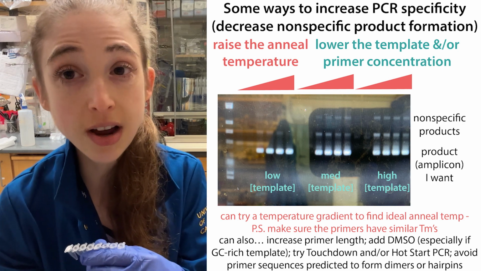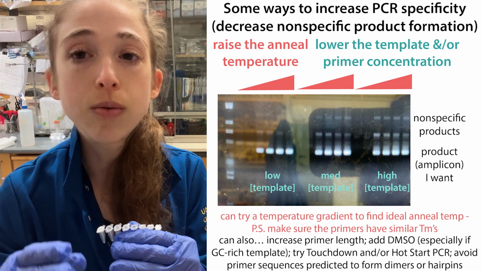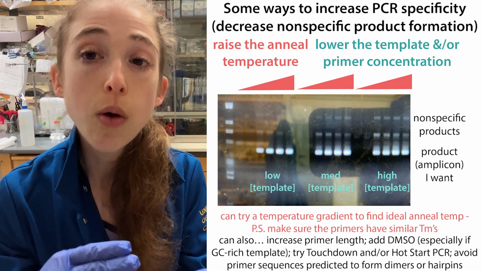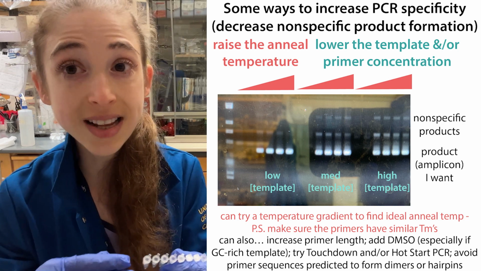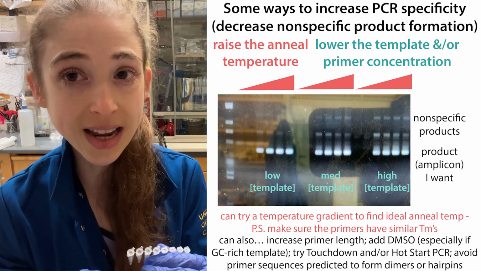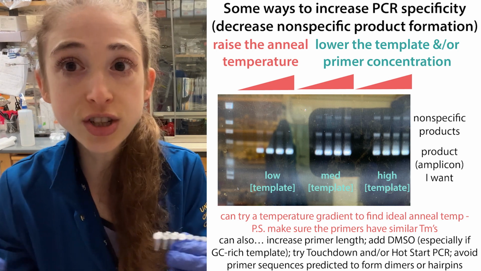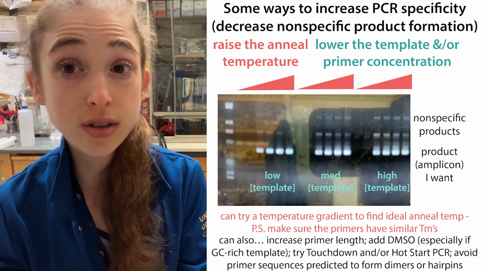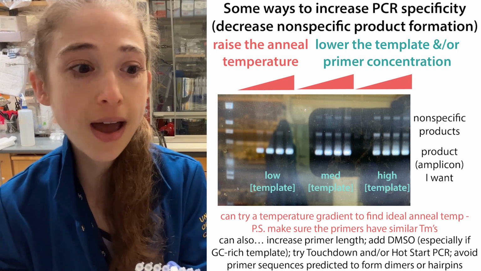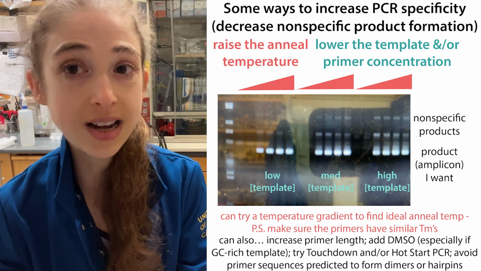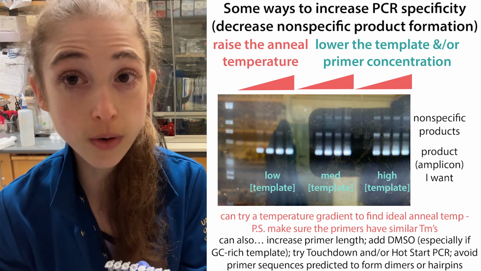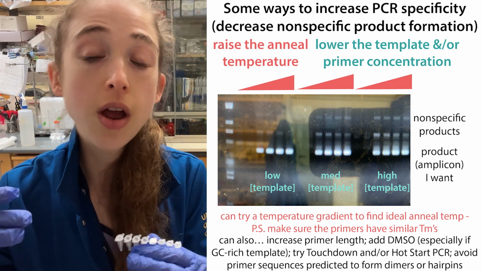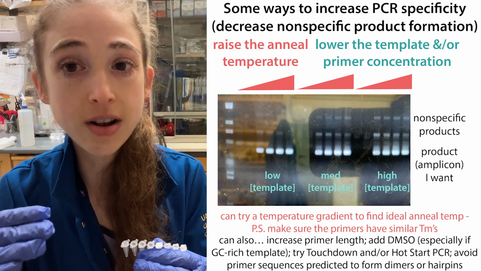I'm not going to make as many copies. But what's going to happen is that if you have a lower annealing temperature, now it's going to get stuck on those sites that weren't those really specific sites. It's not going to have the energy to break free from those sites. And so the lower your annealing temperature, the higher the risk of having these non-specific binding events and having these non-specific products form. And so basically, if you raise the annealing temperature, now you're decreasing the amount of that non-specific stuff,